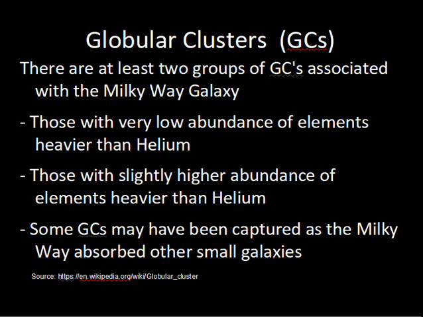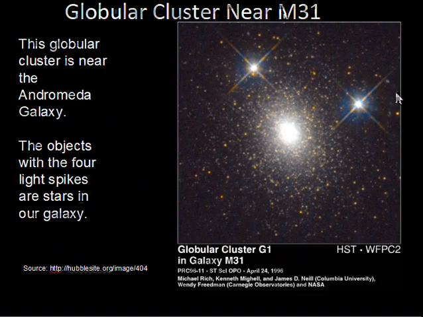Here's a photograph of globular clusters near M31. These bright objects here, these are stars in the Milky Way galaxy that just happen to lie in the same direction as this globular cluster. But again, globular clusters in other galaxies also have this spherical shape and a concentration of stars towards the center of the globular cluster. Here is a